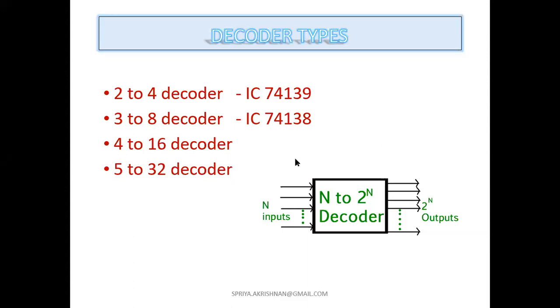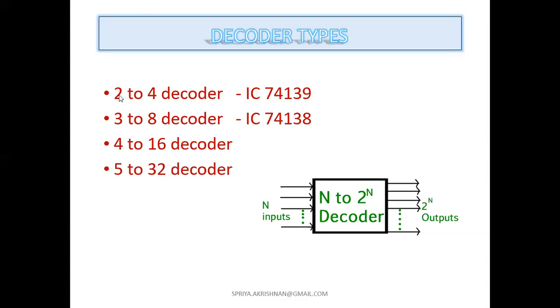Yes. Okay. So encoder and decoder and mux and demux. Both are like pairs always. So it's very easy if you know encoder, you can quickly do decoder. If you know mux, you can very quickly do the demux.